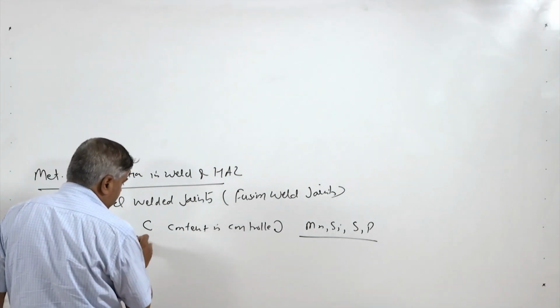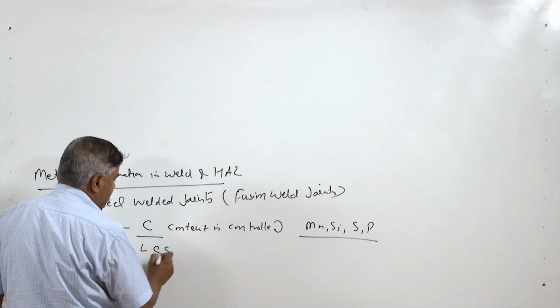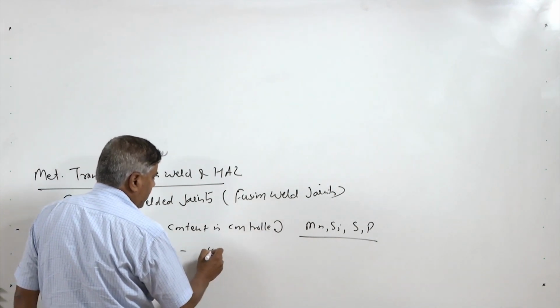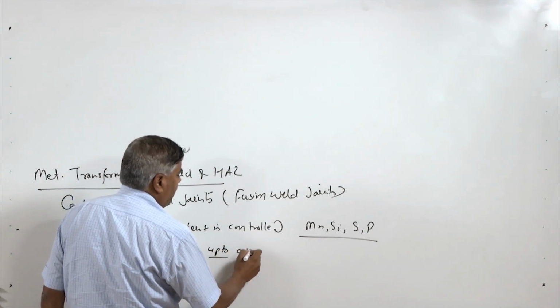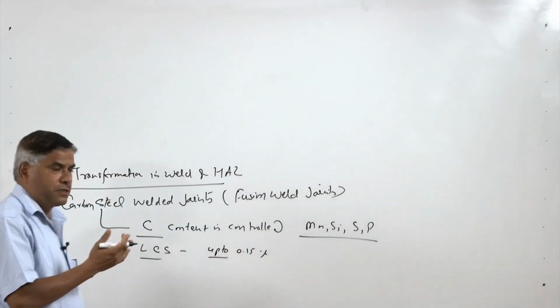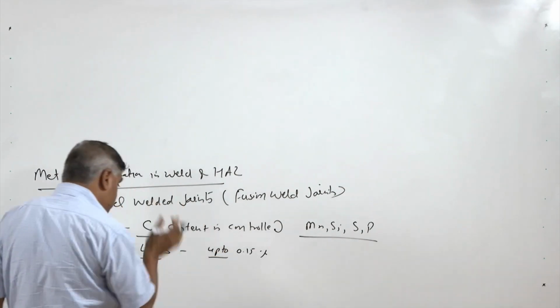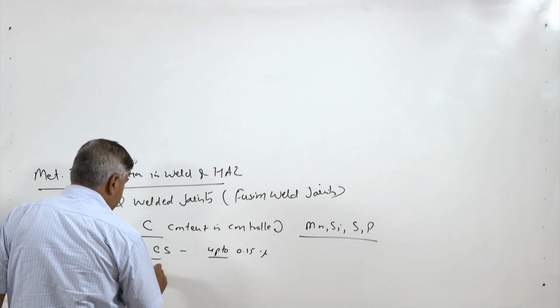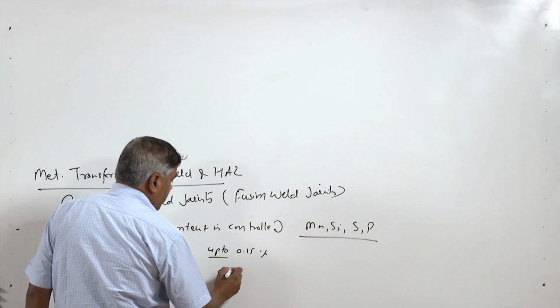So, based on the carbon content, these are categorized as low carbon steels, like say up to 0.15 percent. In some cases it is also used up to 0.2, 0.25,